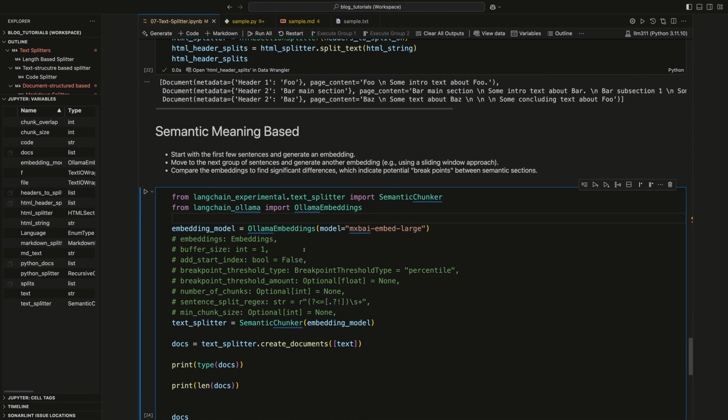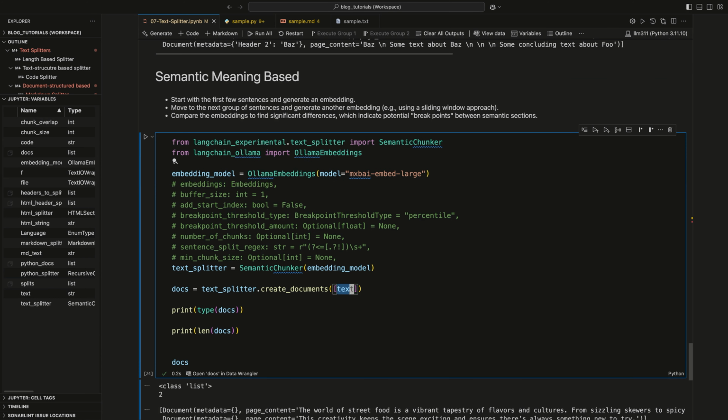That is it for text splitters. Up next, we have embeddings, where we're going to be using Ollama and OpenAI embedding models to create some vector embeddings of the text strings or a document. So we can feed it then one of these documents and then also save it to a vector database if we want to, but that will be 2